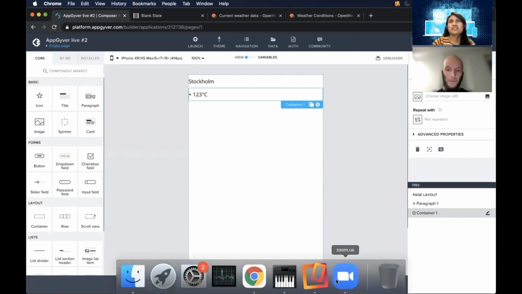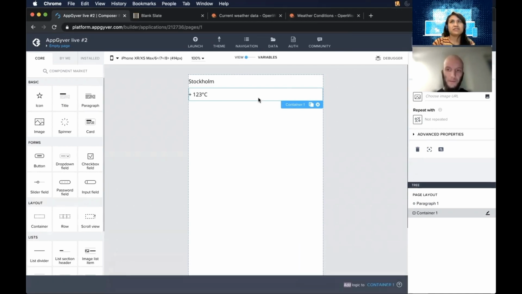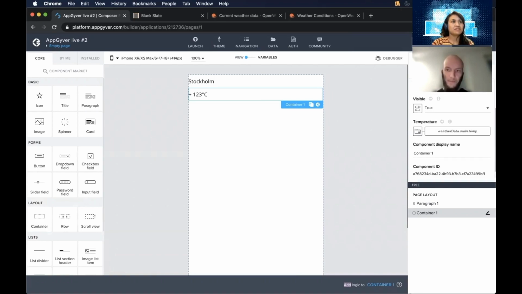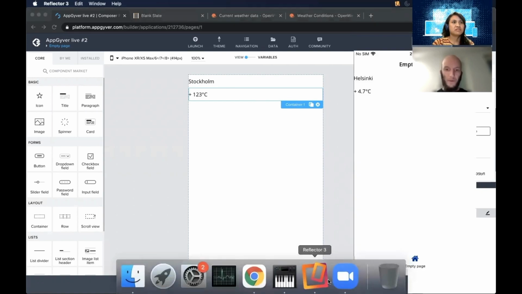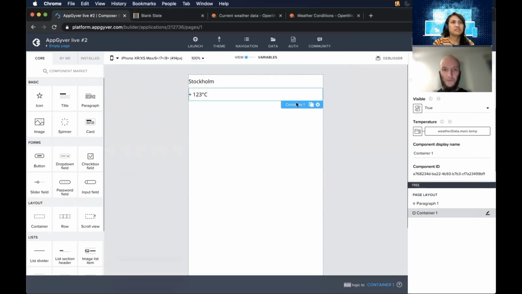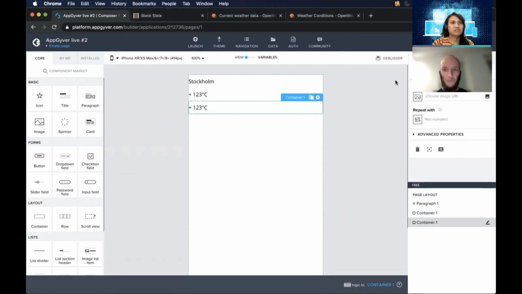So what you can see here now is this component, and it's here under the advanced tab. The temperature is here and it's bound to the weather data main temp. So that comes from the data variable, but now it's bound just to this. It's just a simple binding to this component that we made. And if we look at the preview, we can see that it works just fine. But also if we copy it and save,